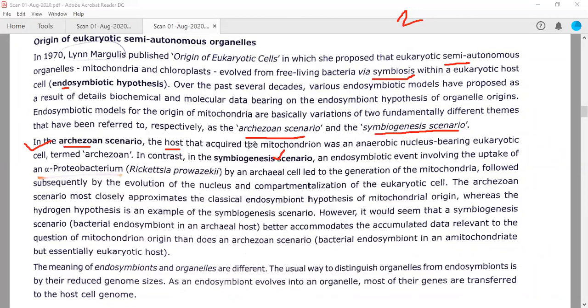The host that acquired mitochondria was an anaerobic nucleus bearing eukaryotic cell that is termed as Archezoan. Whereas in contrast, okay, so now you can assume this that,